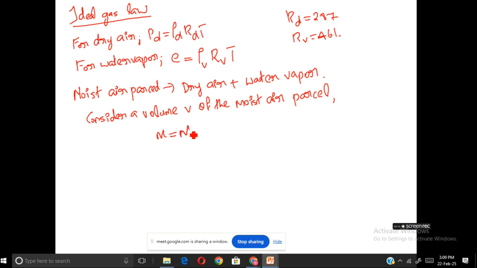The mass of the moist air is given by Md plus Mv, which is the mass of dry air plus the mass of water vapor, and the density of the moist air will be given as rho d plus rho v, the density of dry air plus the density of water vapor, since both are occupying the same volume. We can write rho is equal to rho d plus rho v. Now from the ideal gas law, rho can be written as